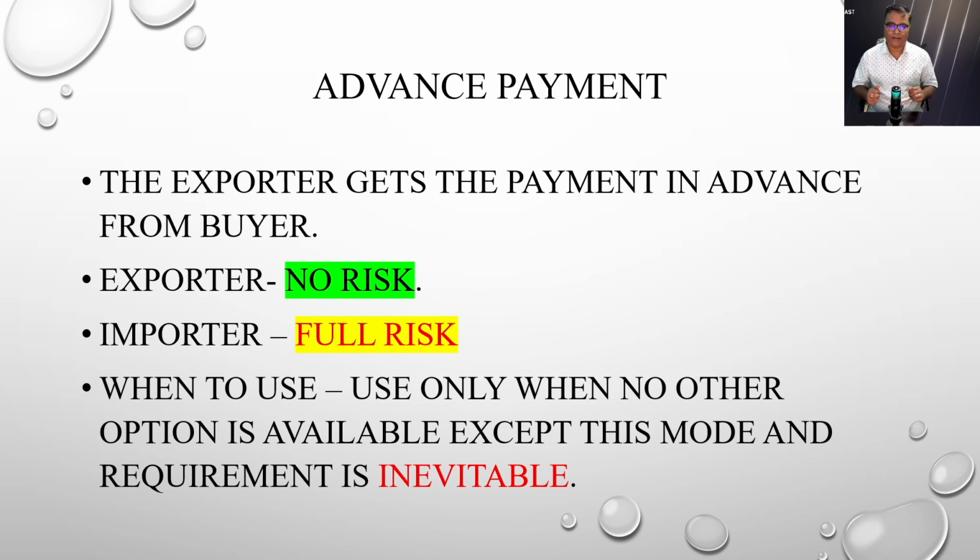Here, the exporter doesn't have any risk because he already got the payment before the shipment is made. The importer has a full risk because there may be situations where the exporter, situated in another country, gets the payment from you and then doesn't ship the material to you. Then it will be very difficult to recover the payment, and it is a cumbersome process. So finding suitable partners in making payments is a skilled task in international trade, and there are various ways to find this out in detail. I will explain if you wish in my subsequent videos.